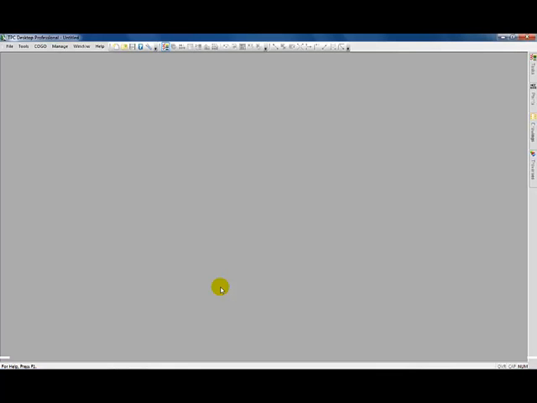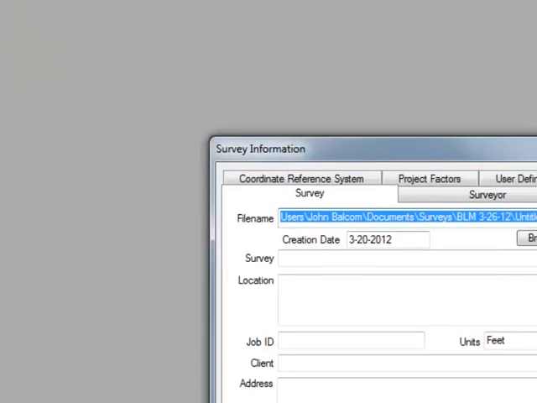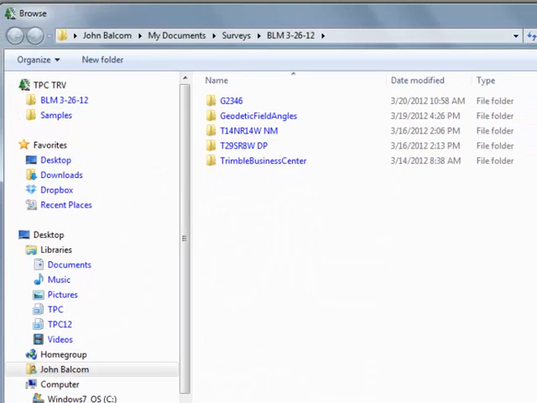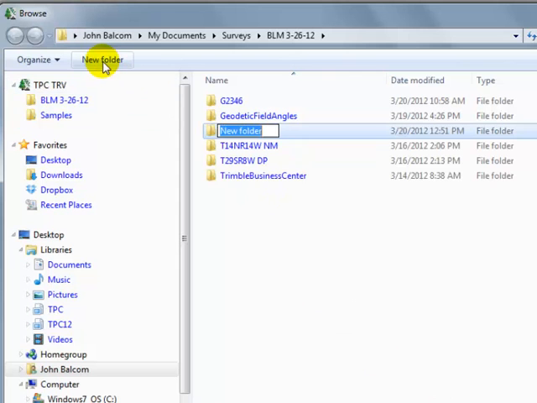Let's take a look at starting a new survey for the Public Land Survey System. I'm going to choose File, New Survey, and Browse. Traverse PC is going to take me to my working folder, and I'm going to tell Traverse PC I want to start a new folder. We're going to call this